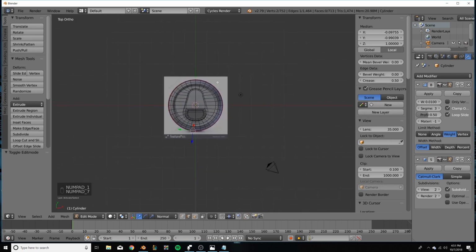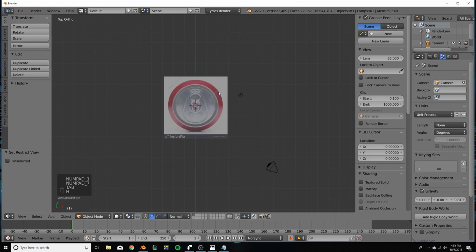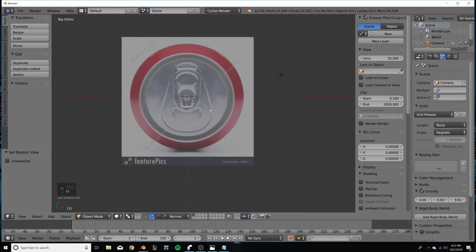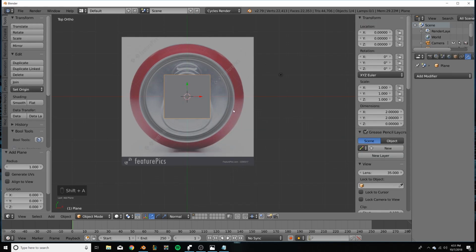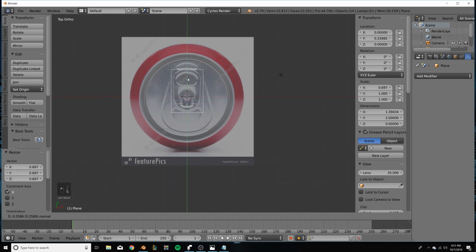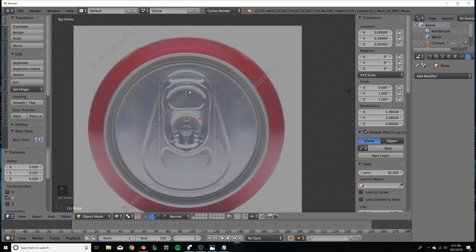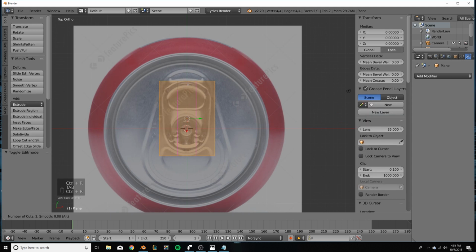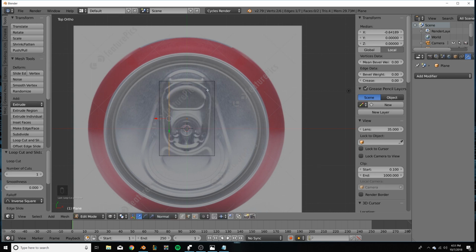Now, go to top view. You can just hide that by hitting H. Let's add a plane. Hit Z and S and X. Kind of line it up a little bit. And we're going to put a couple edge loops in here. Let's create one at a time. So create one and move it to about where we're going to create this. So we want 4 roughly